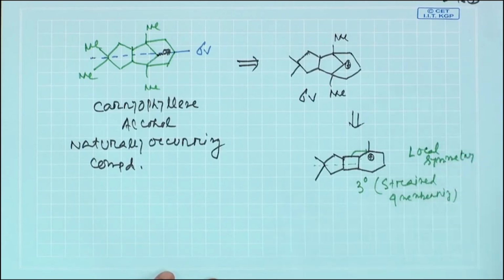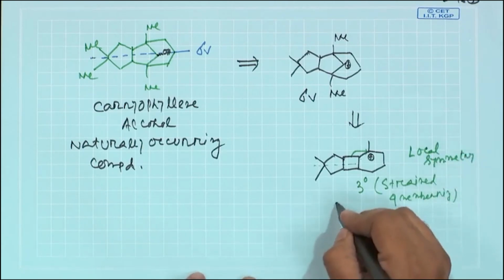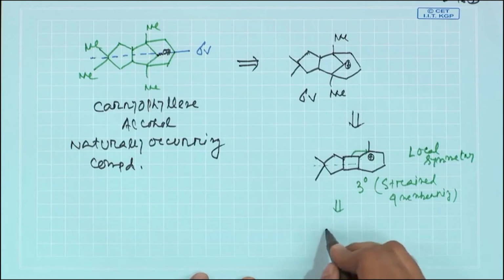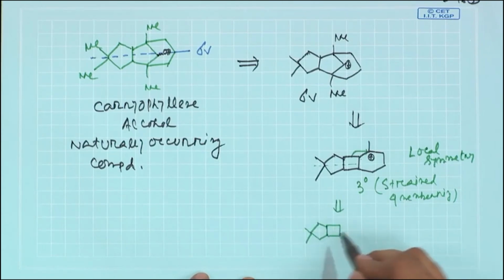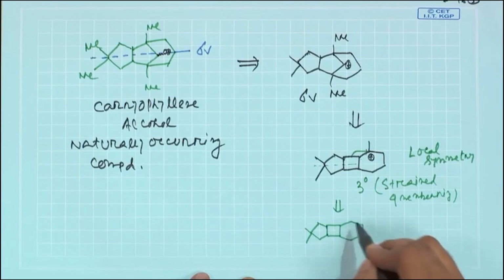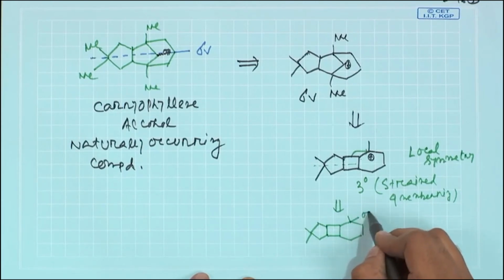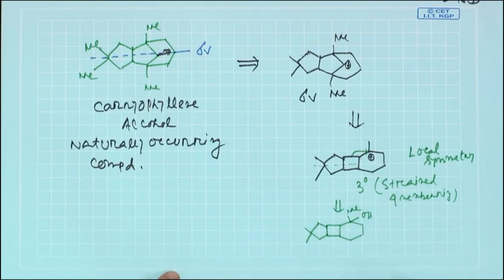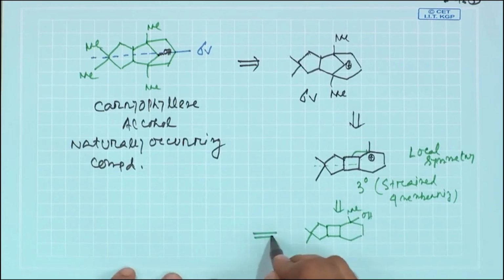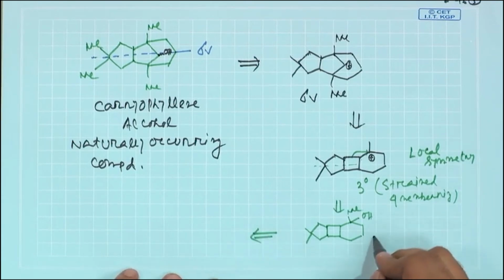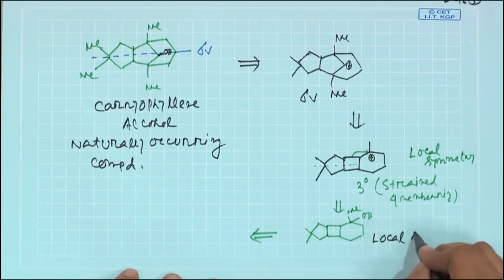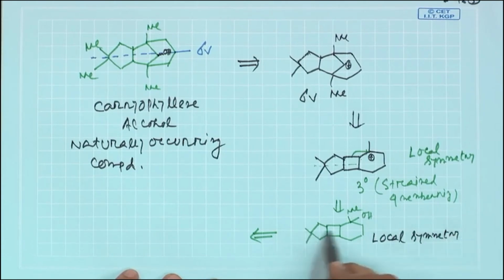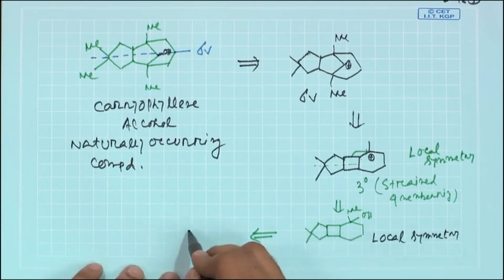Okay. Now, what is it? Okay, this compound you can easily prepare, starting from, I say, this methyl and this OH just by water removal. Okay. So, this compound is again the same local symmetry as well as pseudo symmetry. This part is local symmetry, this part is pseudo symmetry. I will say